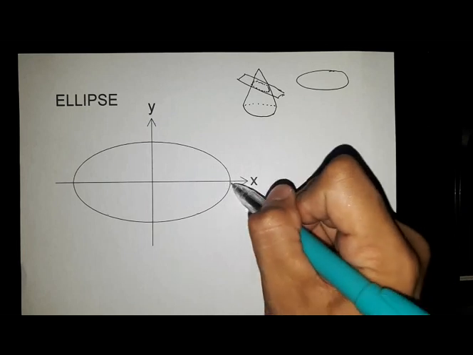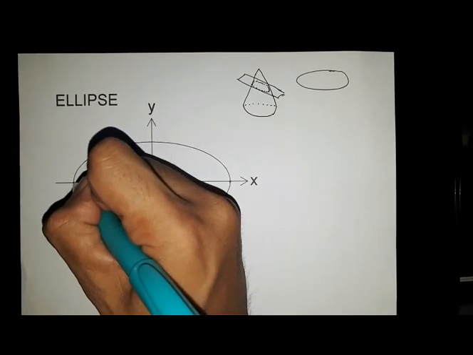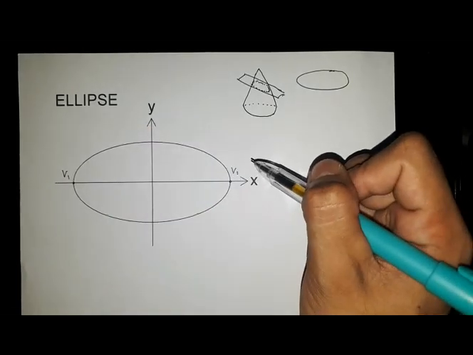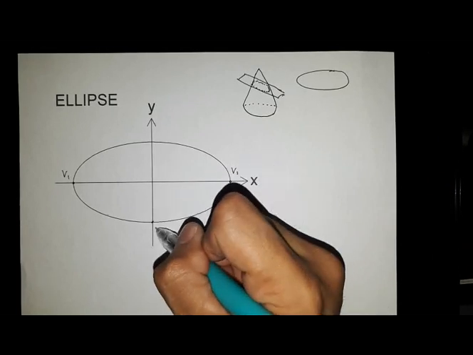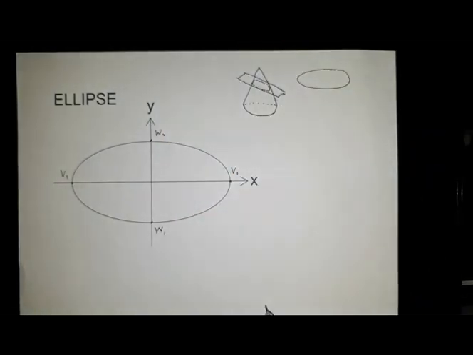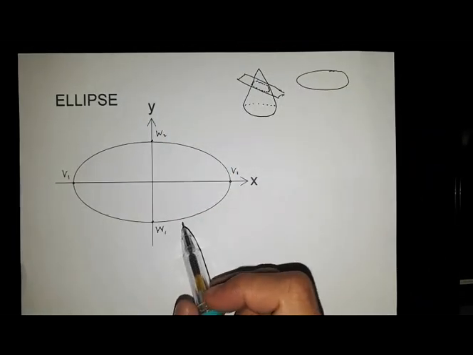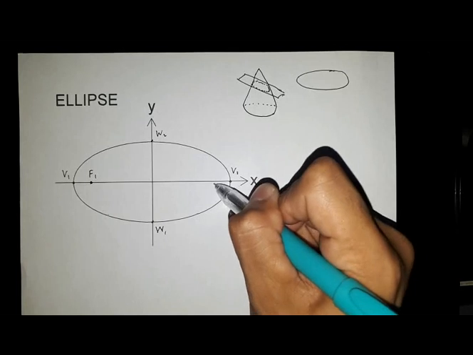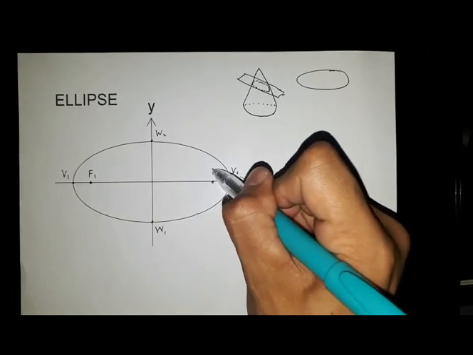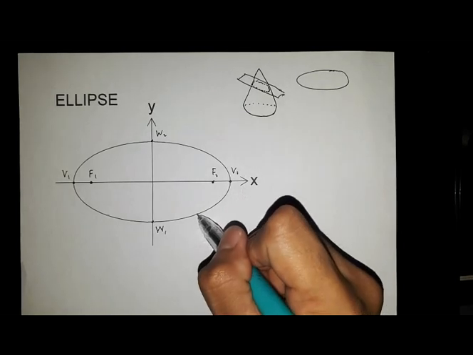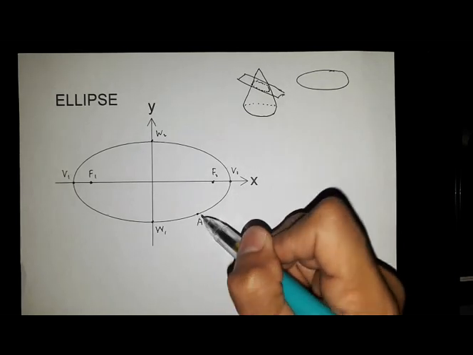So we have here the vertices, V1 and V2. You also have the co-vertices, W1 and W2, and you have the foci, F1 and F2. One special characteristic of an ellipse is that if you have a point here, let's call this point A,